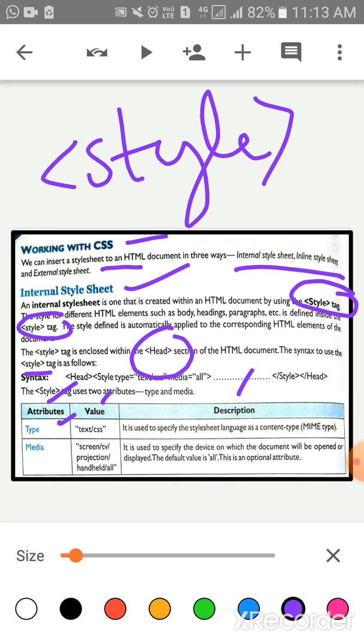It is used to specify the style sheet language as a content type, MIME type. Next is the media attribute and the value is, within quotes, write screen/tv/projection/handheld/all. It is used to specify the device on which the document will be opened or displayed. The default value is all. This is an optional attribute.